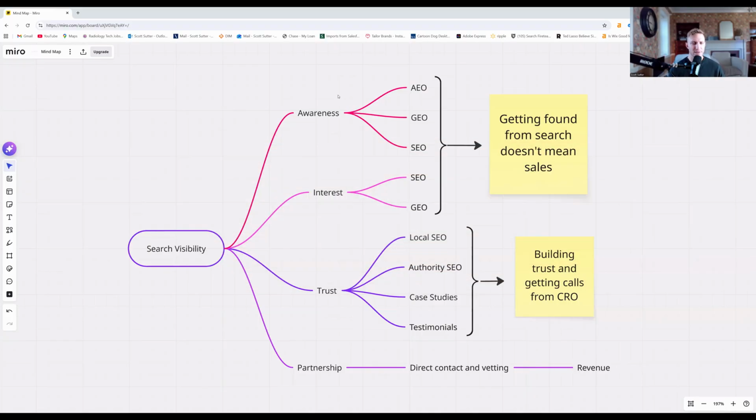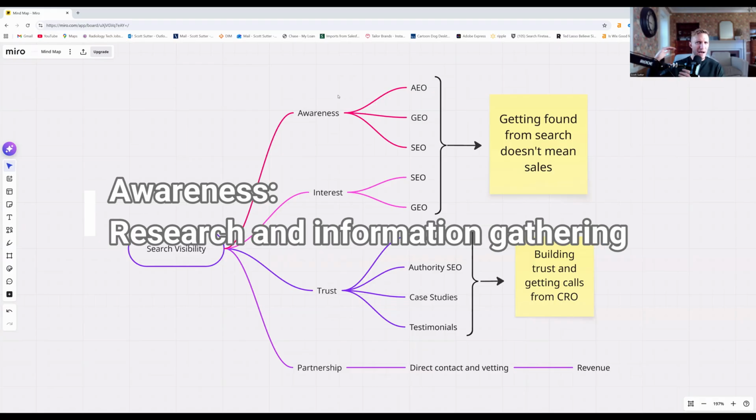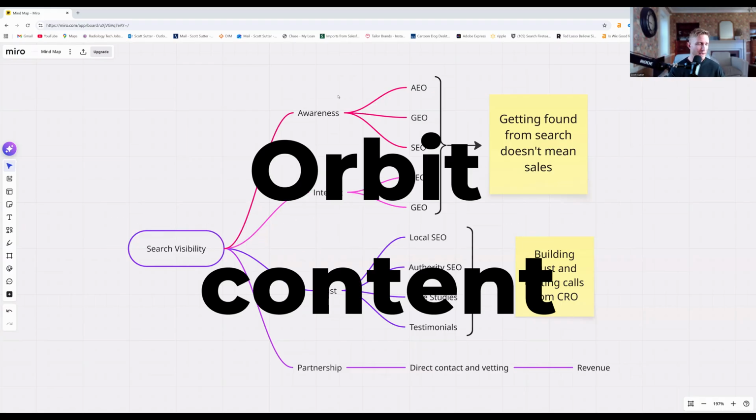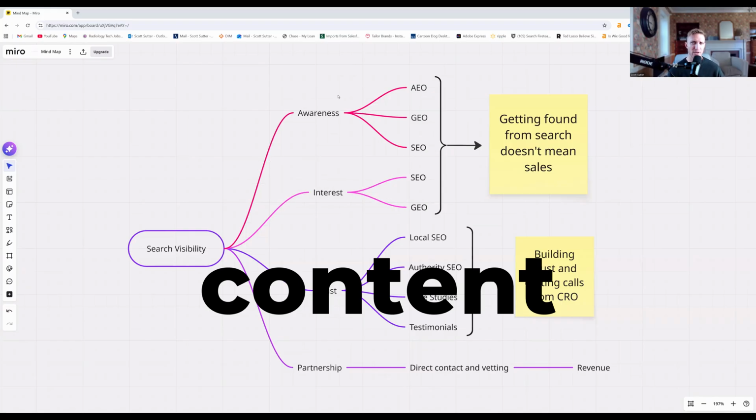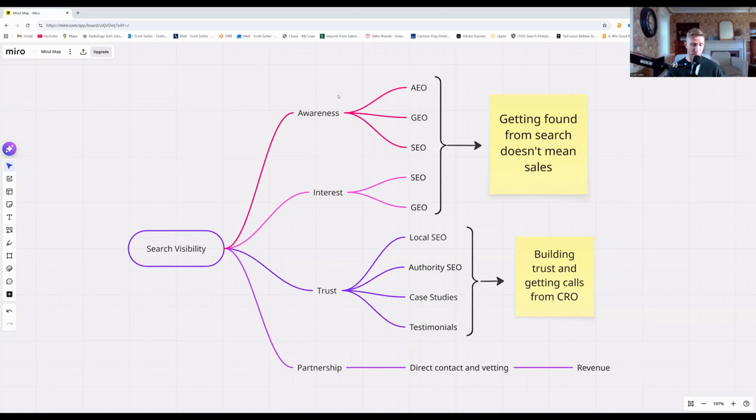The awareness phase. This is oftentimes top of funnel, as some people might refer to it. I sometimes refer to it as orbit content. This is somebody who is trying to gather information about what you do, the general practice areas. Hey, I'm at this stage of whatever journey. What should I do next? For law firms and wealth management firms specifically, this is super important. Now, it probably is going to be a bit of a stretch from actually generating revenue for you, but it helps create trust and visibility as you move further and further down the pipeline,